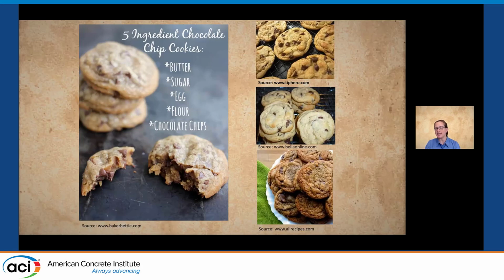And we would talk about standard mixes. Maybe that's the Chips Ahoy of regular cookies, or admixtures might make it Chips Ahoy chewy. Different aggregate gradations might be the chocolate chunk, right? These are some of those